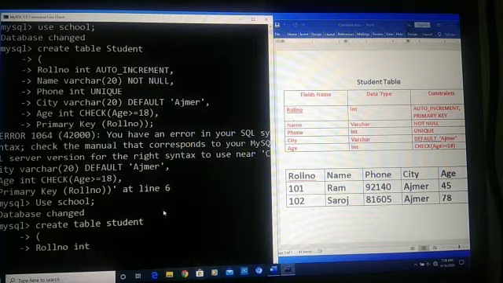So first we will set constraint auto increment. So we will write auto underscore increment. Next, our next attribute is name.